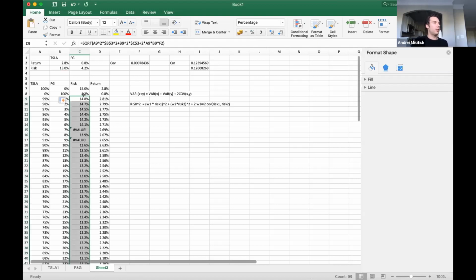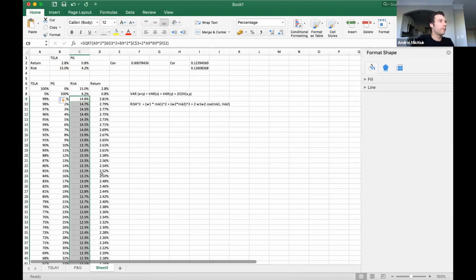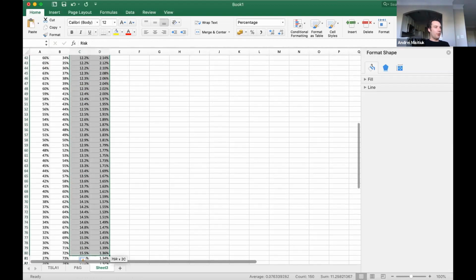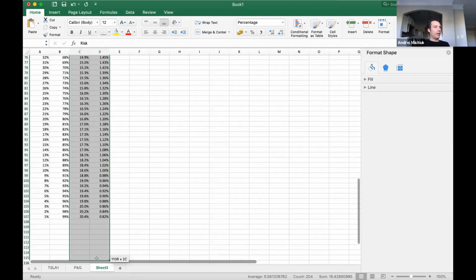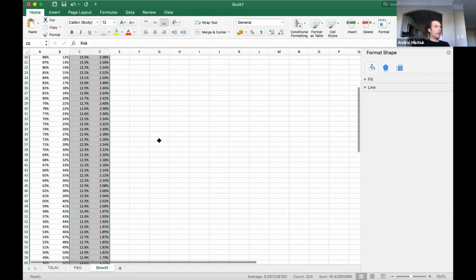Okay, and I forgot the covariance. Okay, and we see that risk is going down. So now we have risk and return for all those portfolios, and we can now take a look at